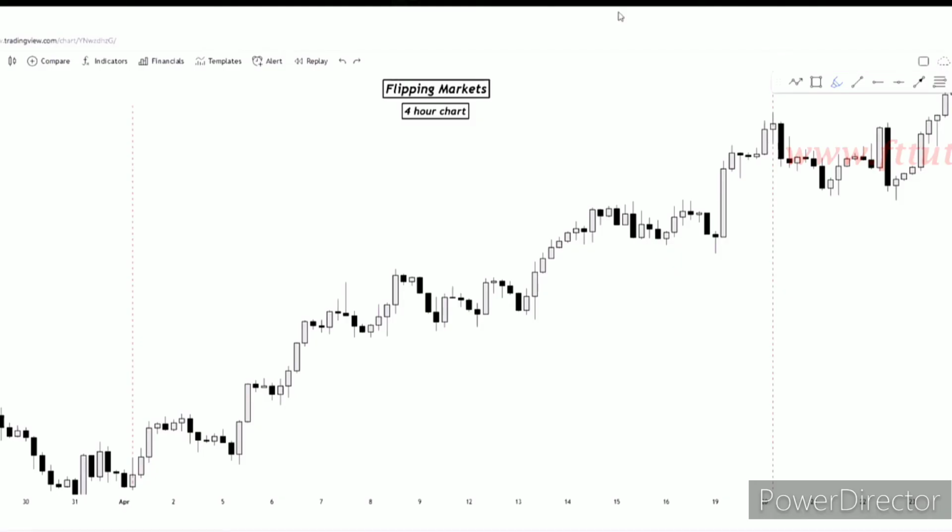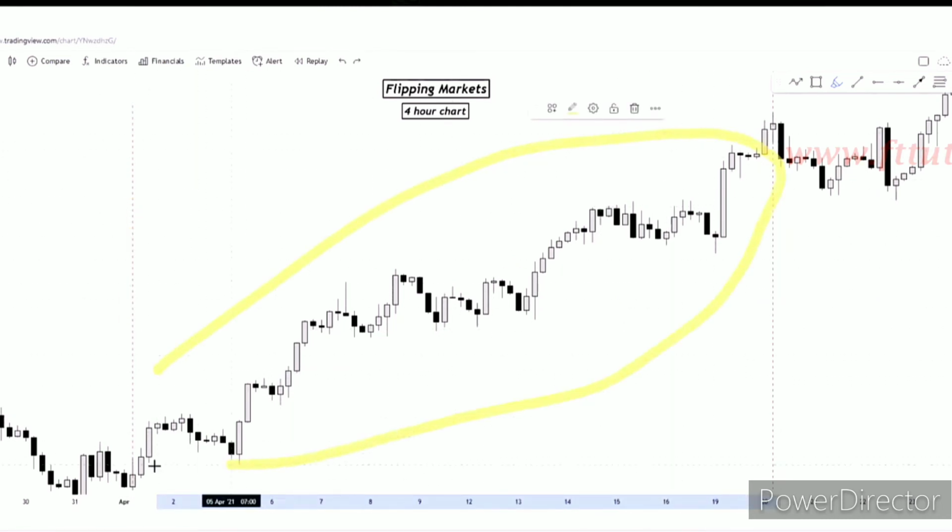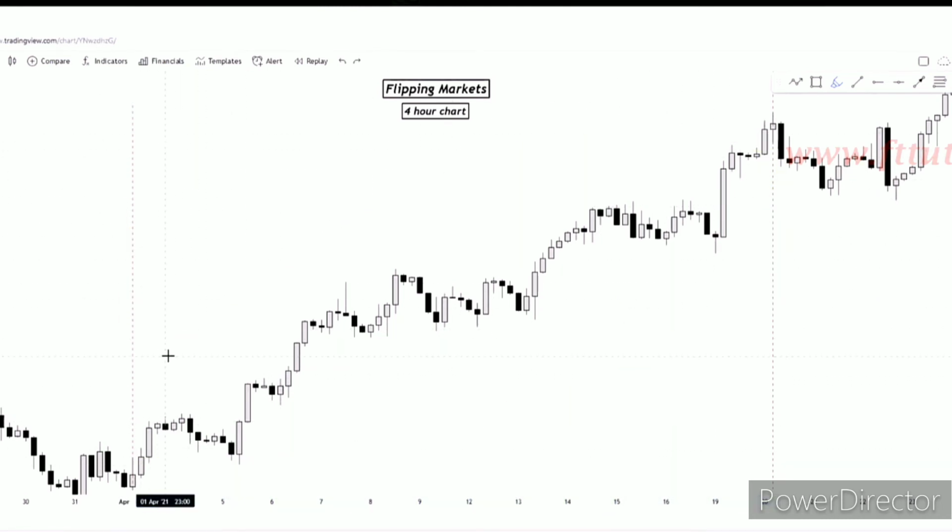Okay, so I want you to practice inefficiencies. I'd like to give a task for you. So mark all of the inefficient areas between this line and this line. So in this region. For this task, you will need an image editor program or just TradingView, and you have to screenshot this image and copy and paste it into TradingView. I would like to ask you to mark all of the inefficient areas, and I will just show you an